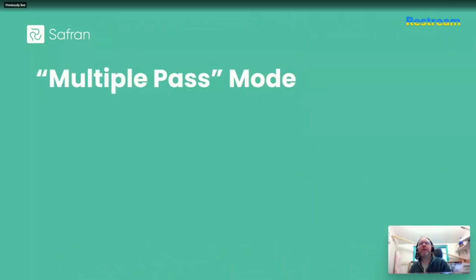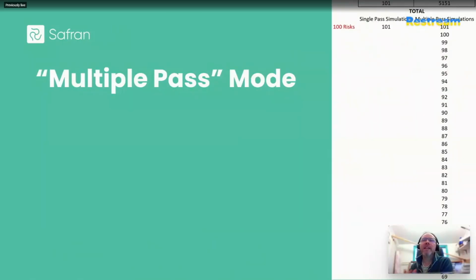However, if you have a little bit more time on your hands, you might want to know what the contributions would have been if you'd removed each risk in, quote unquote, the correct order. Then instead we must use the multiple pass mode. So let's continue with the example where there's 100 risks, and this begins by running the same single pass, which we learned a moment ago was 101 simulations, which it uses to learn and inform which risk appears to contribute the most, and then it runs another 100 passes, but each time it does this, it runs one fewer simulation with each subsequent pass that removes one risk at a time, right?